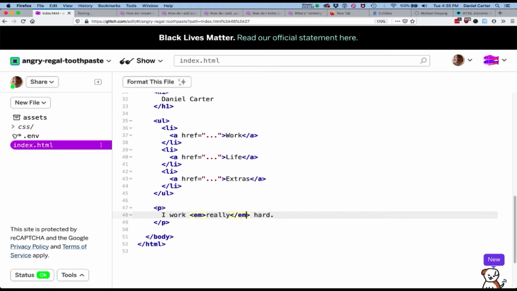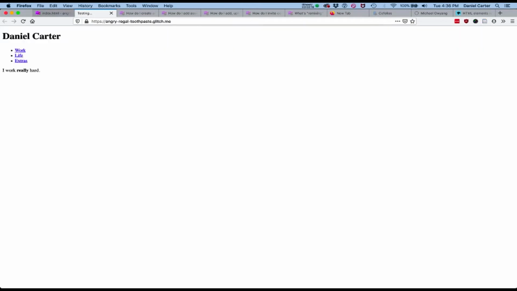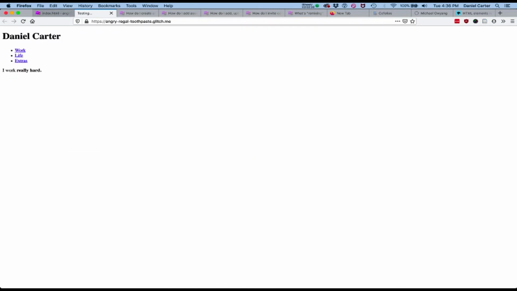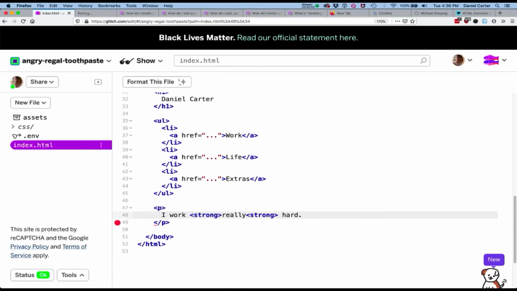Or you might think about writing something for an audio interface, right, for Alexa. The meaning is what's important. And then wherever this turns up on the web page or being read by a screen reader, that technology can choose how to handle that meaning. Okay, it's the same for strong. Okay, so I can use the B tag, which is bold, or I can use strong, which is just kind of another way of emphasizing something. And again, I'm going to tell you that strong is more meaningful than bold is. Okay,